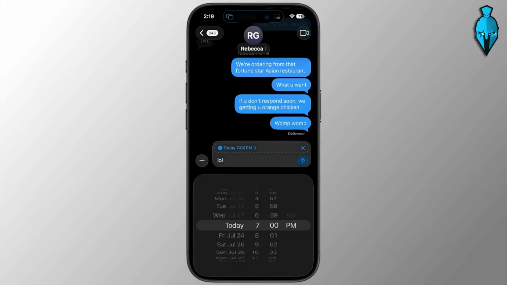Now you can go ahead and choose the date and time you want the message to be sent. Make sure you also have AM or PM set correctly. Once the time is selected, tap the up arrow to schedule the message, and you'll now see the scheduled time